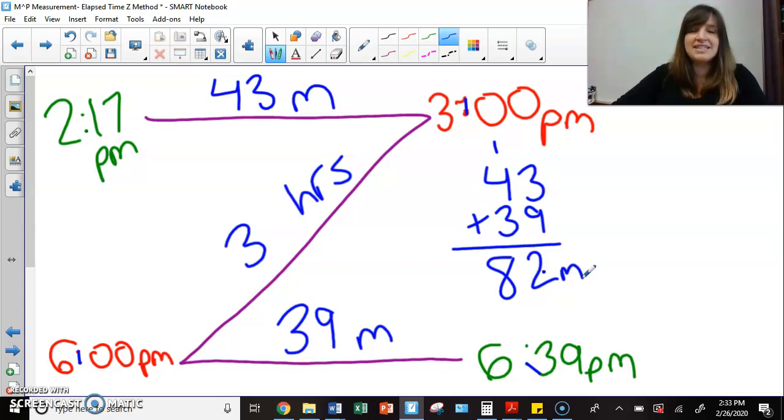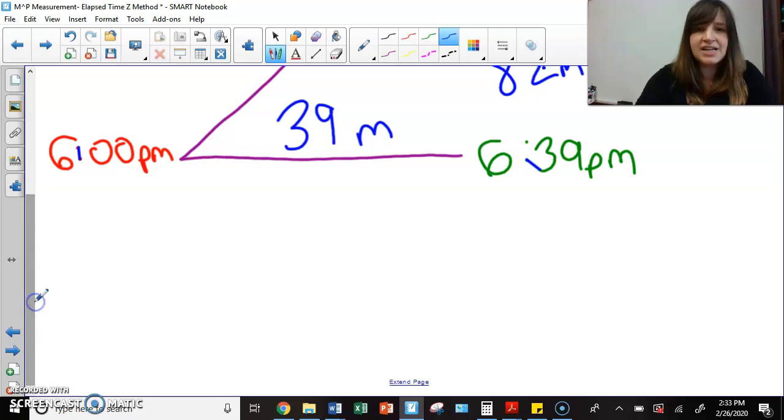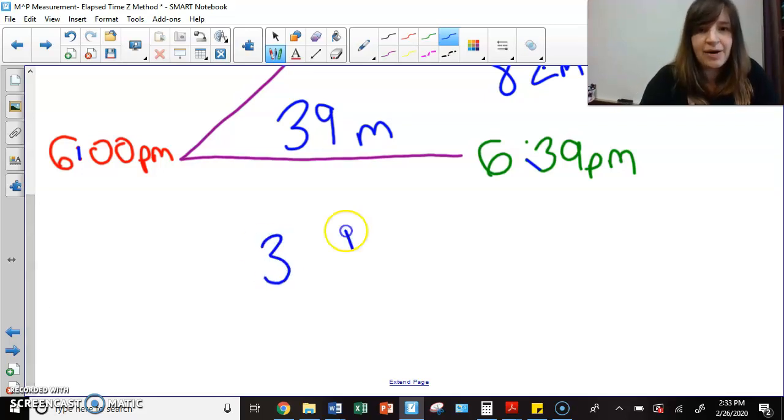The reason for that is because 82 is larger than 60. And if there's 60 minutes in an hour, that means 82 minutes is more than 1 hour. So we need to transfer that information over. So I'm going to come down here and show you that. If my answer was 3 hours, 82 minutes,